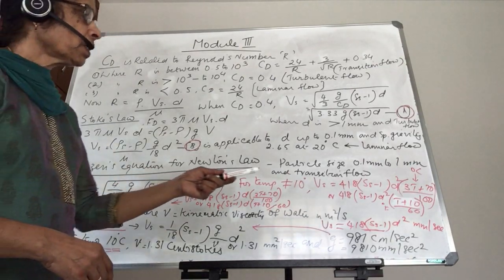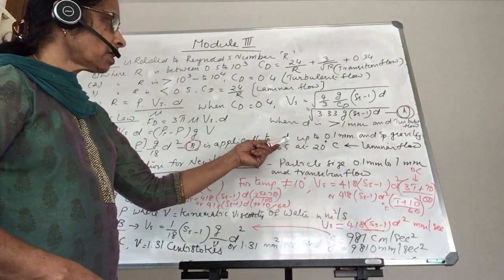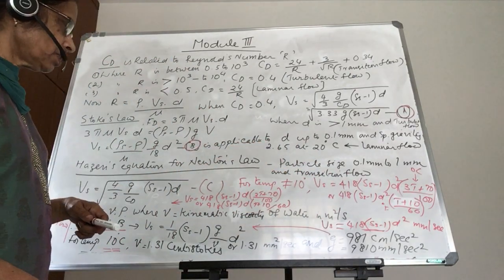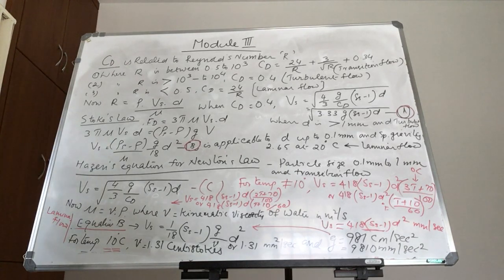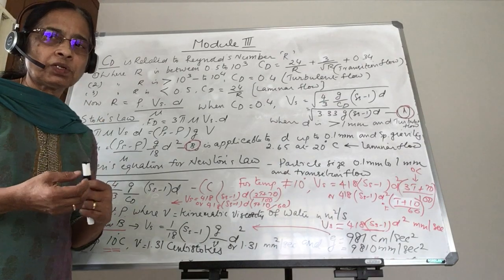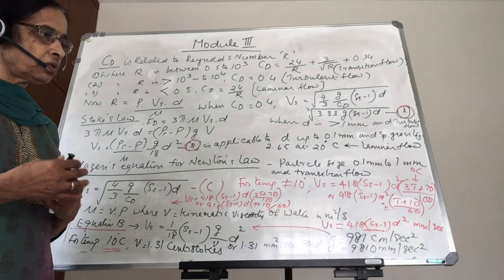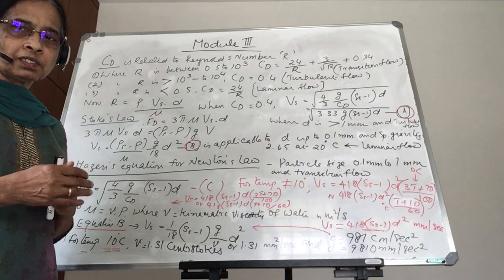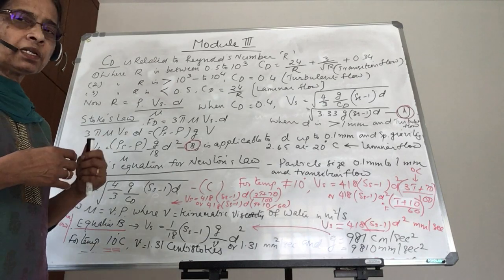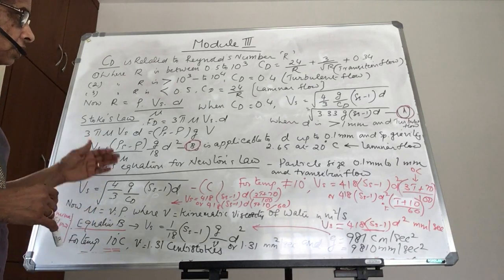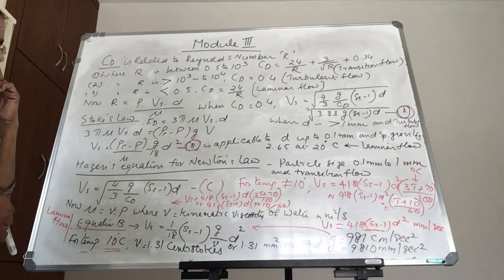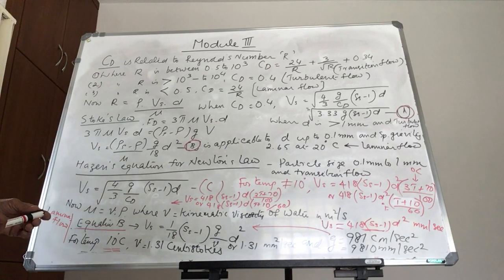The first equation, with d squared, is applicable to laminar flow condition. So these are the equations you have to learn. You have to remember all these equations when we are designing the sedimentation tank, as well as when we are calculating the settling velocity of the particles in a particular sedimentation tank, to know its working efficiency. So remember and learn these equations. In the next session we'll do the problems. Okay.